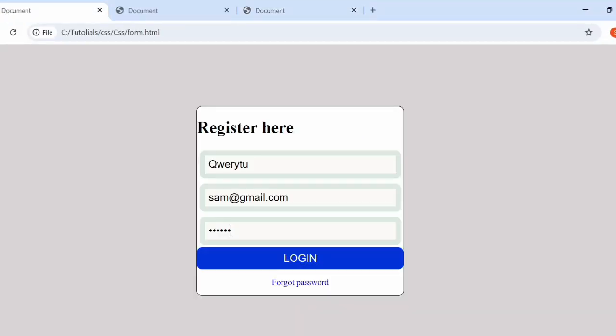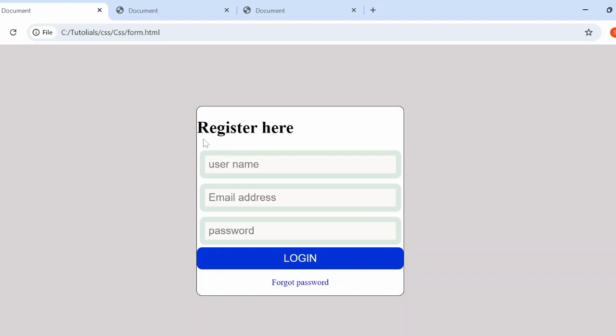The first project is this register form. We are going to construct this register form with confidence because we completed all necessary requirements needed to construct this